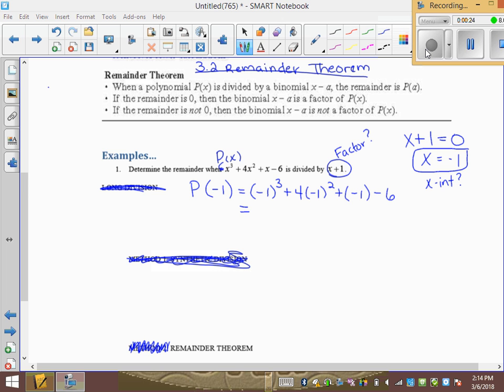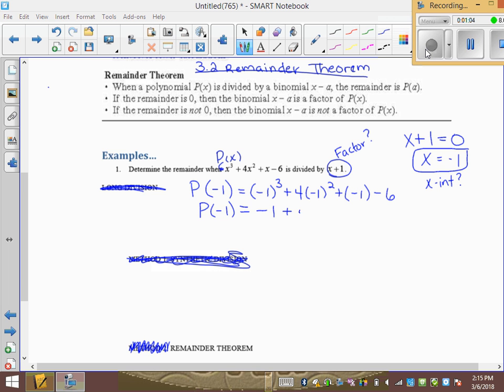We're plugging in for x, -1. -1 cubed is -1 times -1 times -1, which is still -1. If you punch it into your calculator as -1 cubed, not in brackets, it'll tell you it's -1, which is true. But if you punch in -1 squared, not in brackets, it'll tell you it's -1, which it's not. So you have to make sure that you actually put it in brackets if you're going to put it into your calculator. Or you can just use your math skills and go -1 times -1 times -1 is -1. So we get P of -1 equals -1